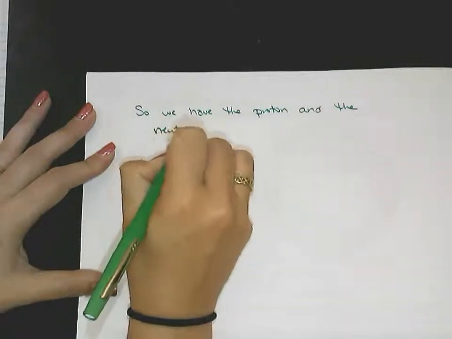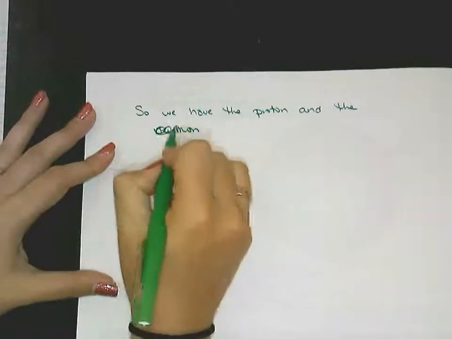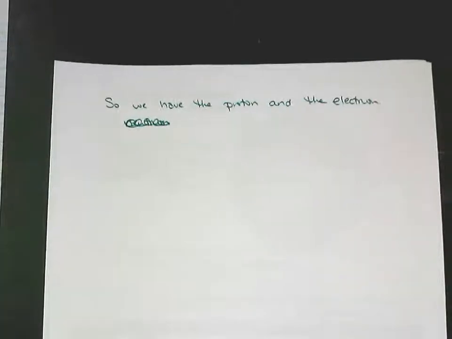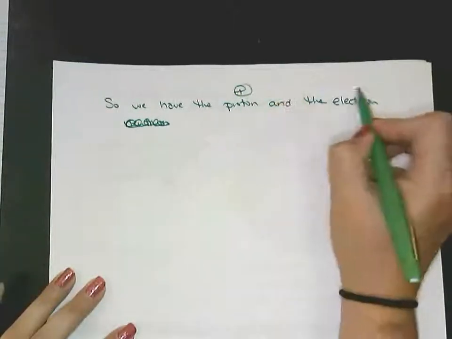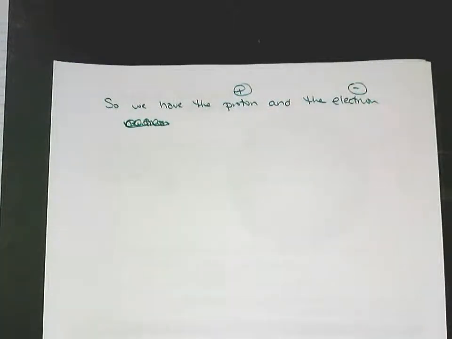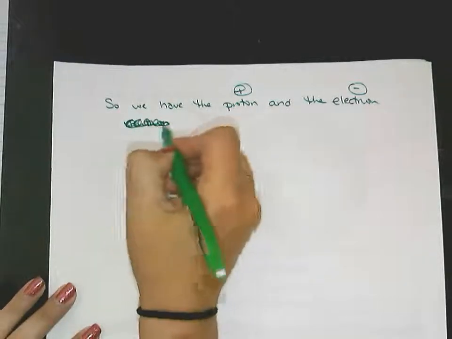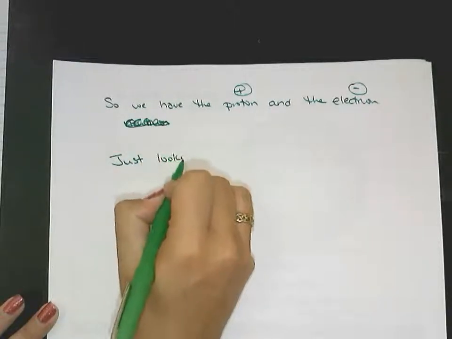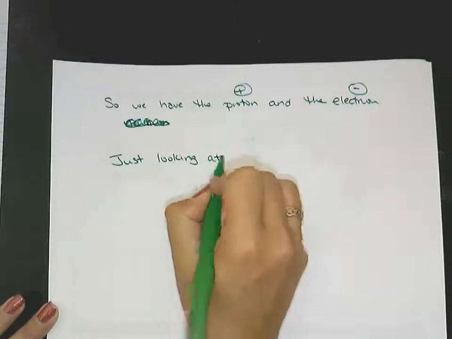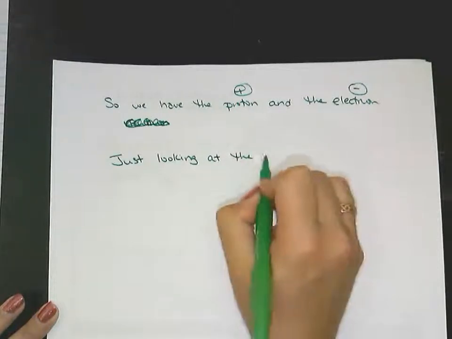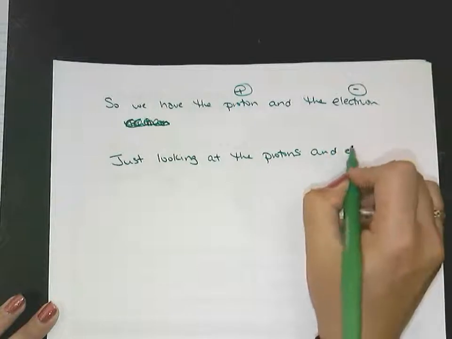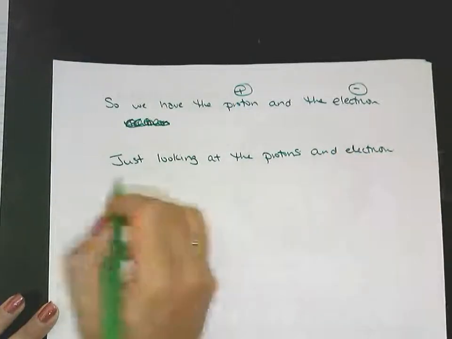Oh, just kidding. Electron. All right, so far we have the proton and the electron, which, that's the positive guy, that's the negative guy. If we just look at the protons and electrons in an atom,